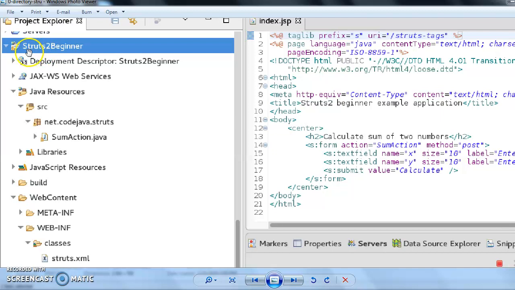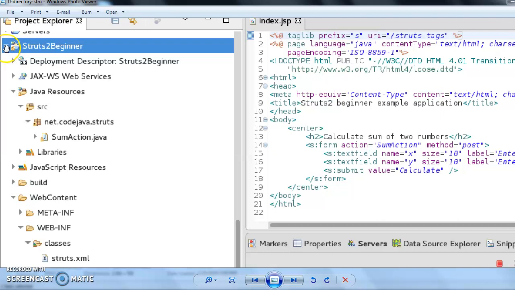I have given struts2beginner as the project name, which I already shared with all of you students. Then the rest of the things I kept as they are, like the dynamic web module 3.1, then generate a web.xml deployment descriptor. After clicking next, I have this directory structure.